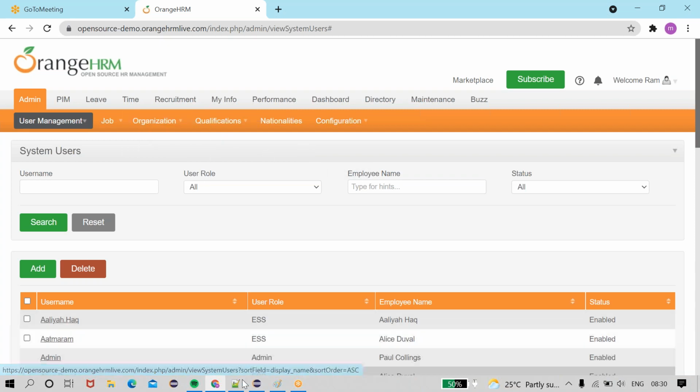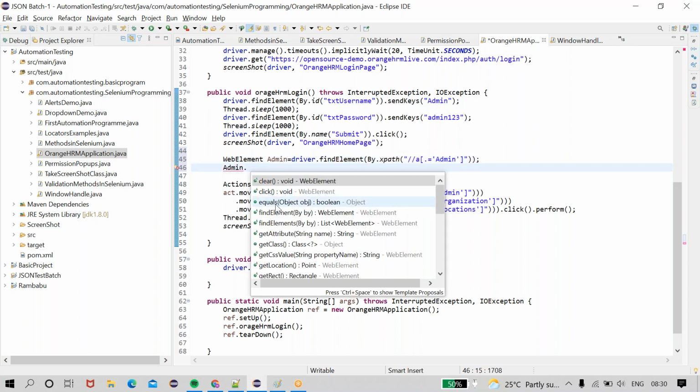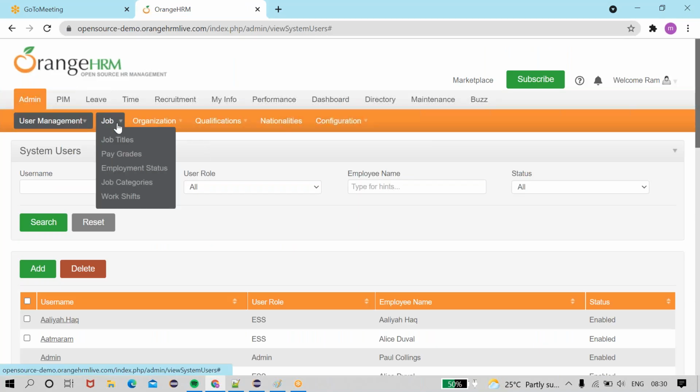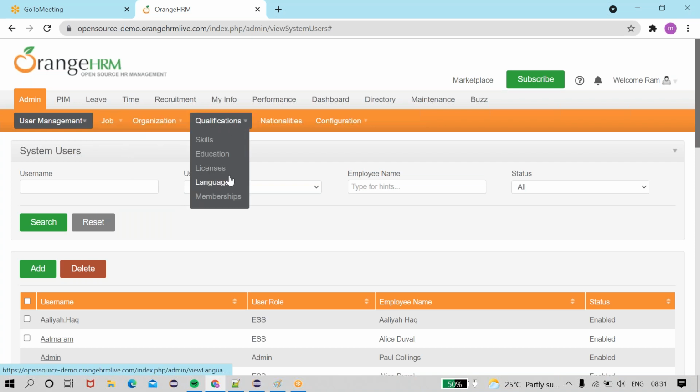We cannot handle this by using these inbuilt methods. By using these inbuilt methods we cannot perform these operations. See, in the job menu, subtopics like job titles, pay grades, employee status will be available, but we cannot perform these operations. See, these operations are performed with the help of the mouse only.